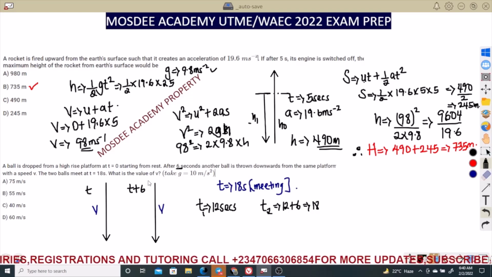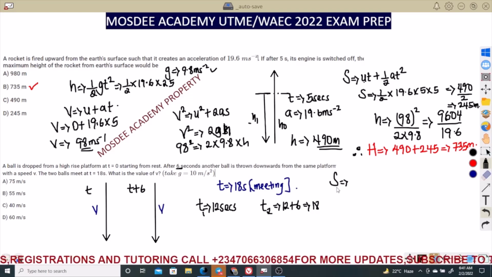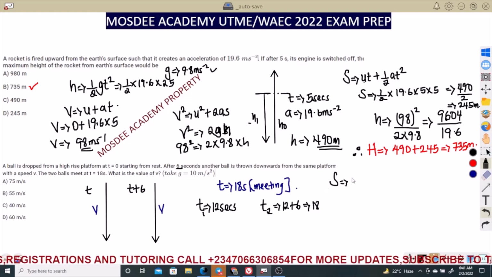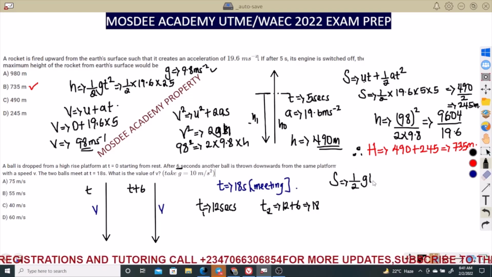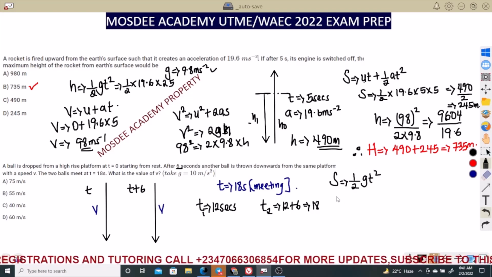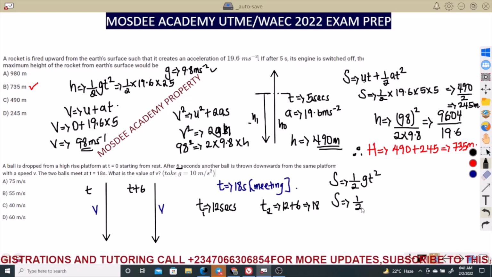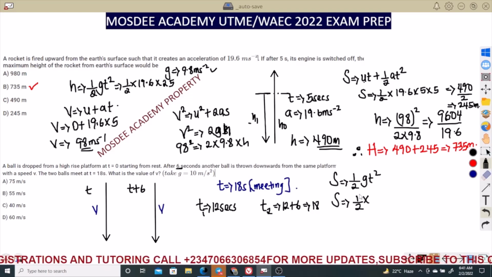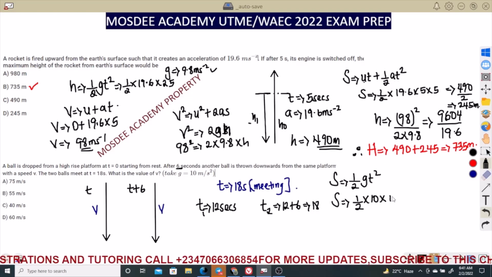So now we are looking for the velocity. Let's calculate the distance which that particular body has moved at that initial point. So if we say s equals half, or h equals half g t squared, because I'm using half g t squared for the first ball. The height the ball has reached, because we are using h, please, you can turn s to h, times g, which is 10, multiplied by the time, which at that time is 12